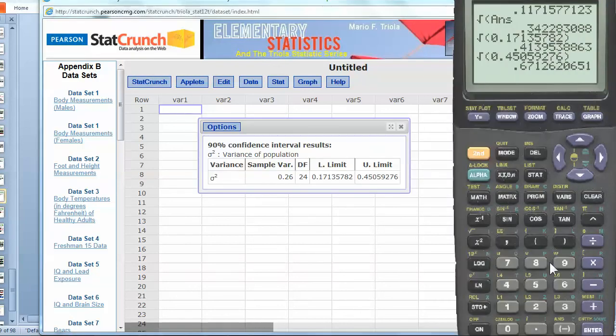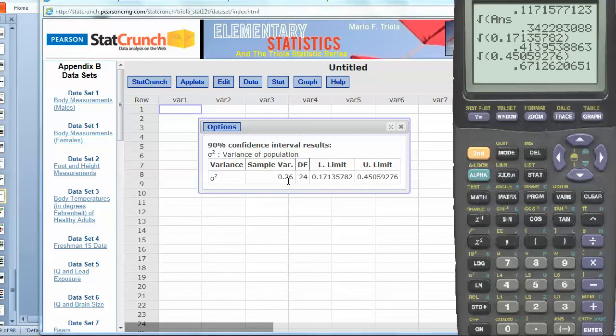They don't agree. In fact, they're way off, because when I take the square root of 17 hundredths, I'm getting 41 hundredths, and the square root of 45 hundredths, I'm getting 67 hundredths. And they don't even seem reasonable to me, because if our sample standard deviation is 26 hundredths,